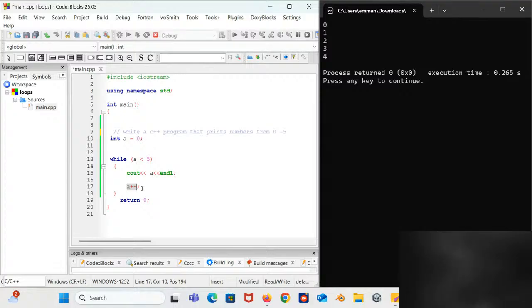I hope it's clear. I hope the while loop is clear. Anyone that has any problem could bring it out, then I address it so that we can move on to the next loops. Anyone? Anyone with any problem, just let me know so I can move on to the next.